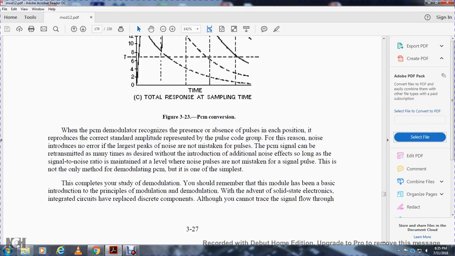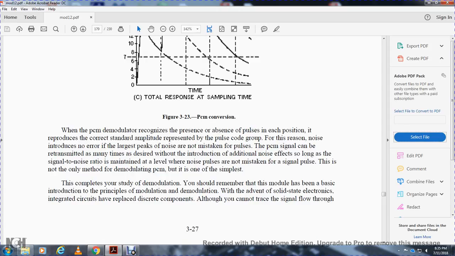Positive code modulation to modulator recognizes the presence or absence of the pulse in each position. It reproduces the correct standard amplitude represented by the pulse code group. The noise retrieved introduces no error; the largest peak of the noise is not mistaken for the pulse. The positive code modulation signal can be retransmitted many times as desired without introducing additional noise effect,